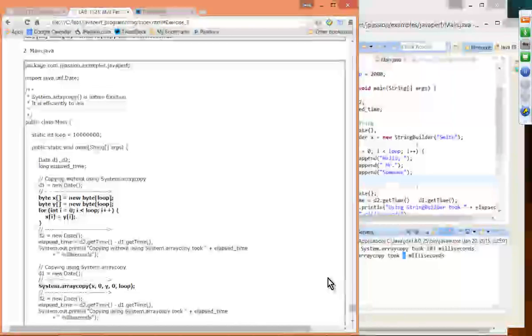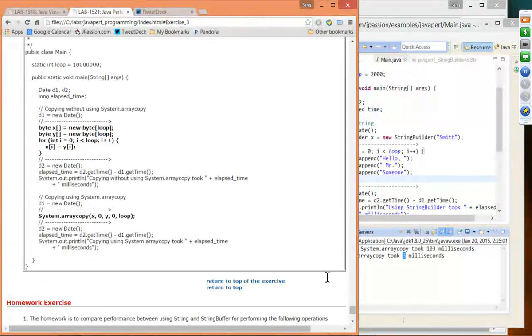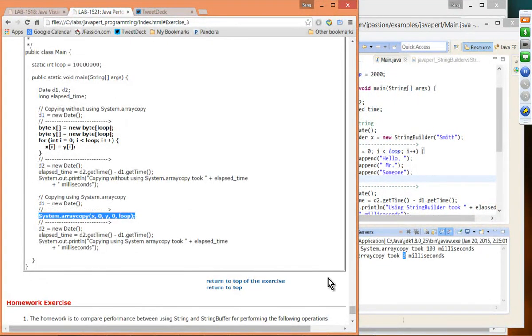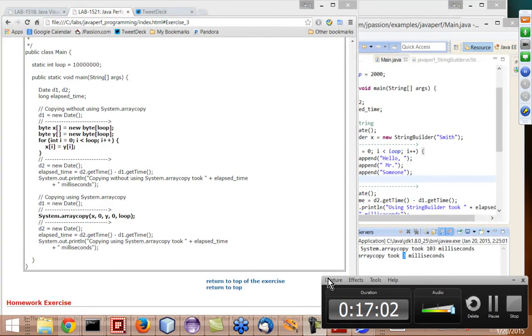If you take a look at the code, this is our own way of copying things. Instead, we can use arraycopy, and that should be a lot faster. Alright, so that is the end of